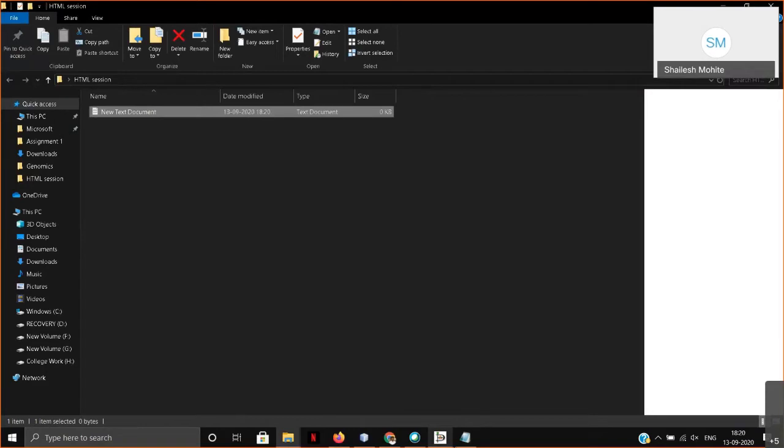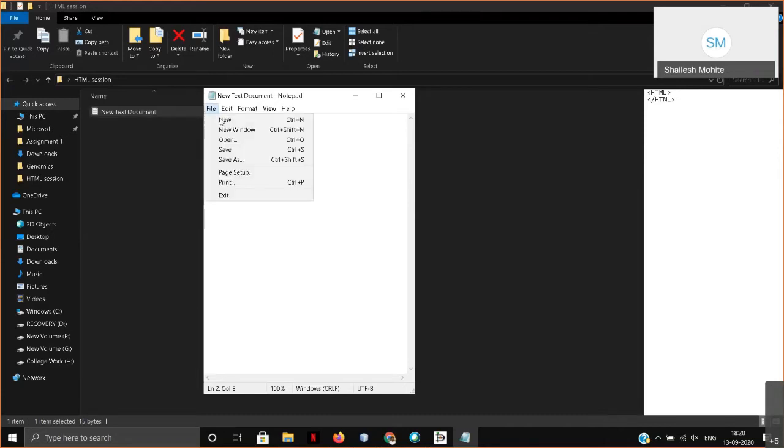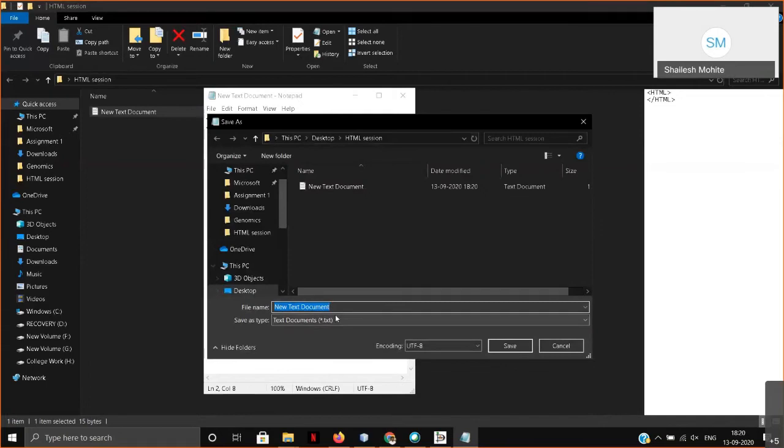Now you have to save it. When you save it, it is only going to save in the form of a text file. So you have to go to File, choose Save As, choose All Files, and save it with the extension .html, right?